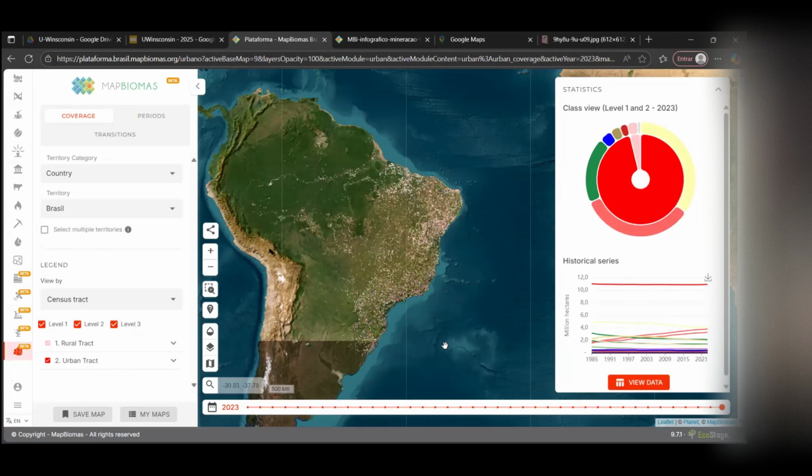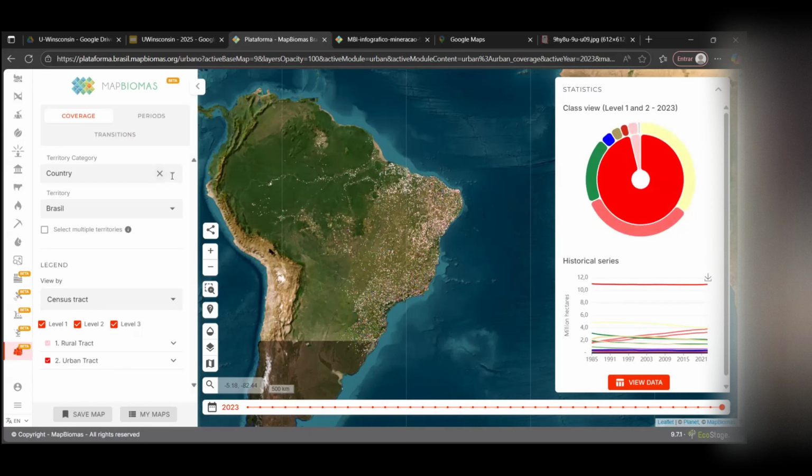So I will start exploring it, looking in a city, for example. So instead of looking into the entire country, inside the cities, you can see how much of each urban land cover type we do have. So 20% of the Brazilian cities are still covered by forest, 35% are actually urbanized area. You have farming inside the cities at the legal limits of the city for the entire Brazil.